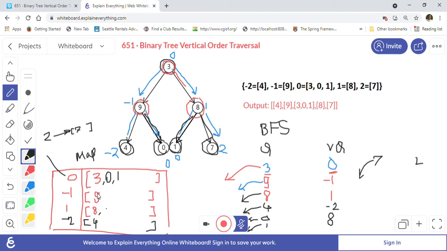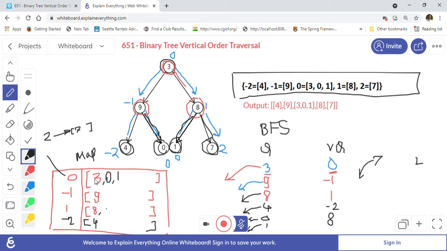So this map that I showed you is this map over here, right? So you can see how the map will look internally. -2 is associated with 4 here, then -1 is with 9 here, then 0 has 3 entries, 3, 0, 1.